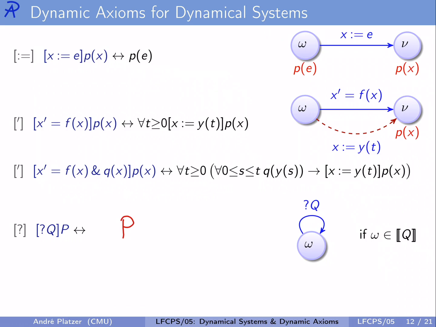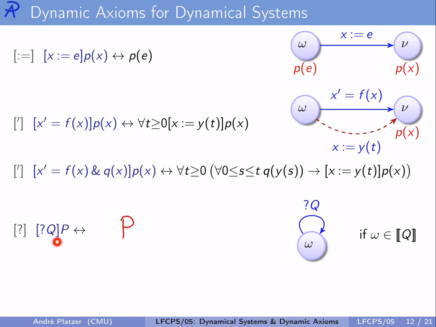But now we've not actually taken the dynamics of the test program into account. Of course, if we prove that the postcondition P is true, then it's also true after we run a test, because tests don't change states, remember? But do we even have to prove that the postcondition P is true? No, we don't always, because we only have to prove that P is true after running the test if the test even passes,